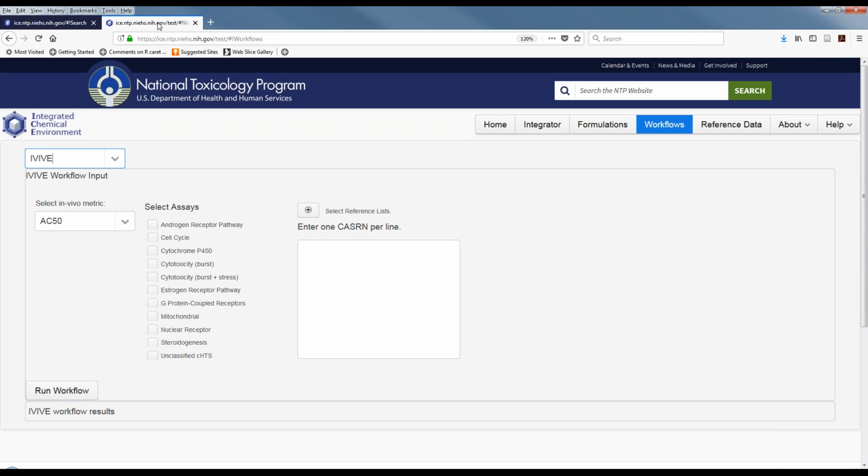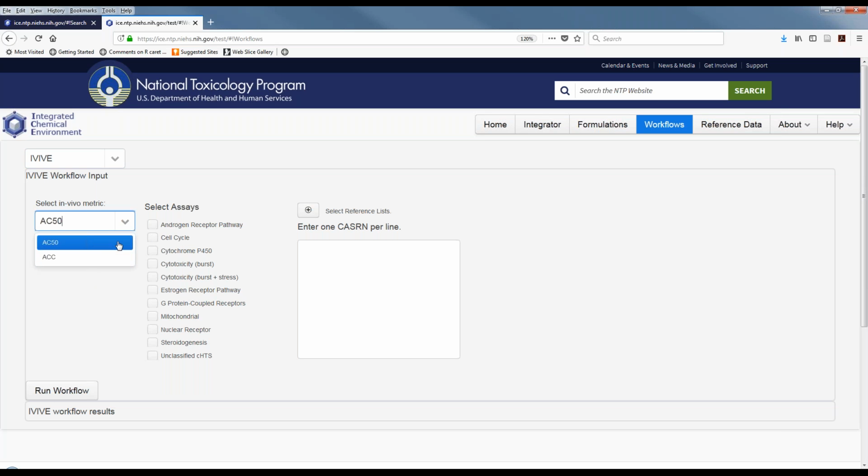When it comes to the workflows, this will be coming live in a week or so. The one that I'm going to show right now is the IVIV workflow. This was a requested item by our stakeholders, and it was specifically added due to stakeholder requests, and it will continually be developed and upgraded to make sure we are meeting the stakeholder needs.